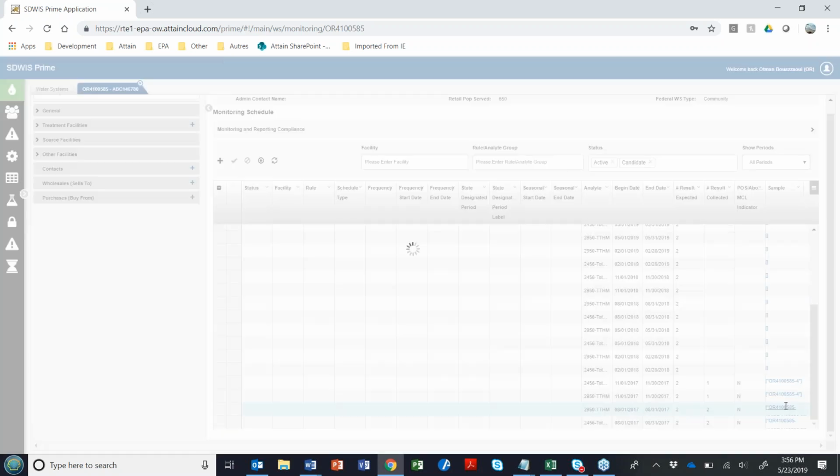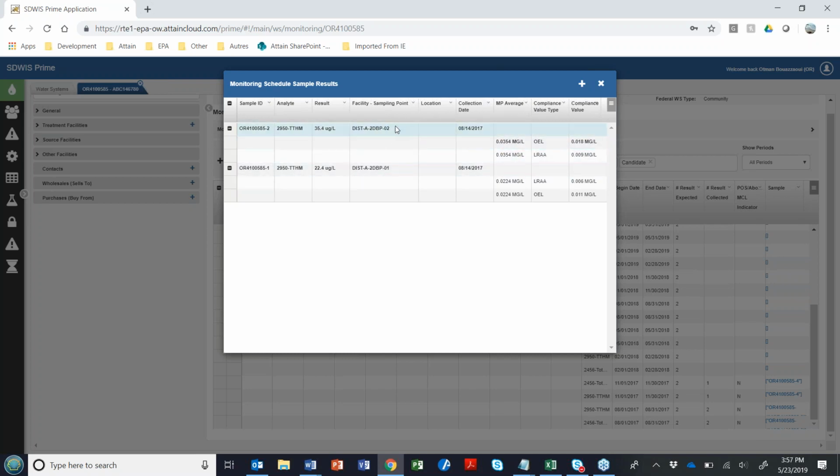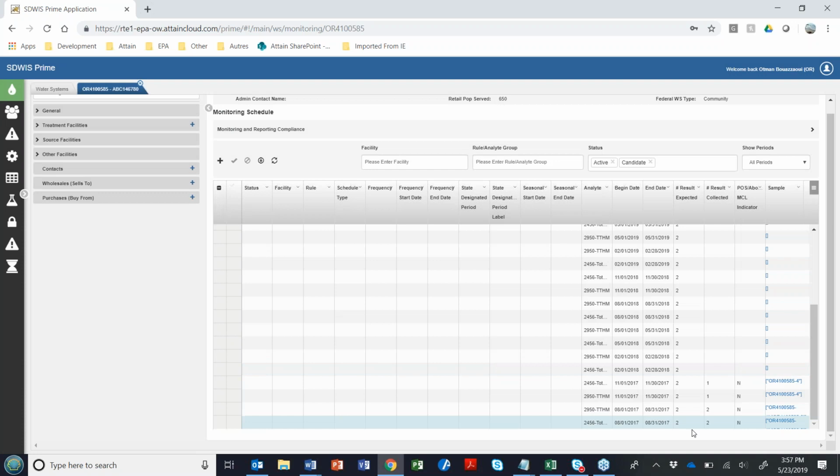And if I click on this one, I'm going to see that I have my results for TTHM, and they were both collected at different sampling points. So we're good for this quarter, the third quarter of 2017. Let's look at the